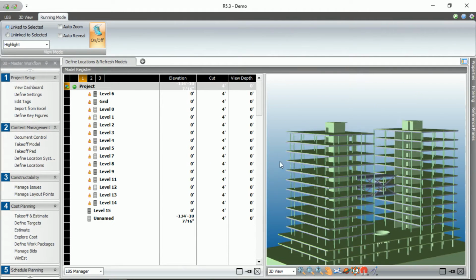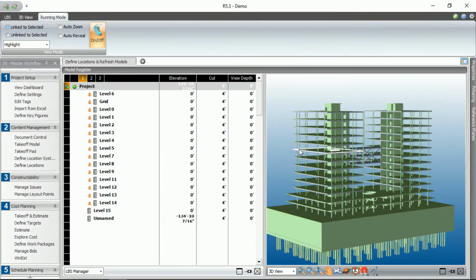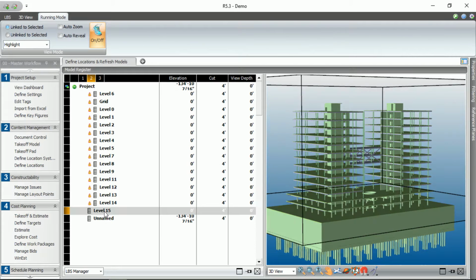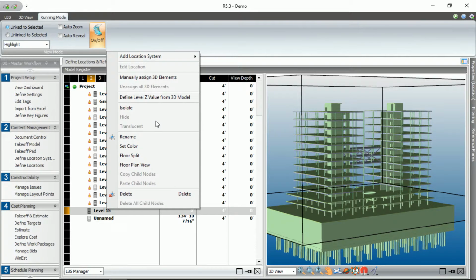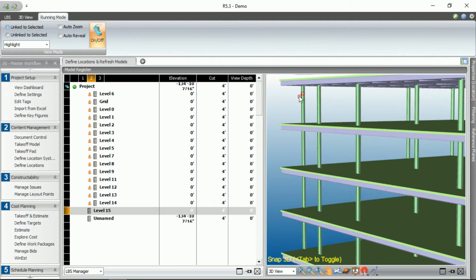In this regard, we've pulled in levels, but the levels don't necessarily fully equate to the individual floor levels that we're going to need them. And to do so, we can simply select our level. And so right now, level 15, since it's the last level that came in, essentially represents our entire superstructure. But we're going to easily remedy that by selecting define level Z value from the model and come in and